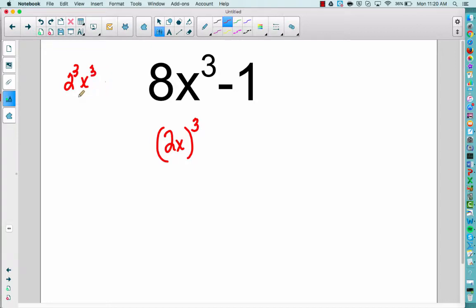So think of 8 as 2 cubed and x cubed. And then using the laws of exponents, I can actually write this as this, kind of moving backwards. All right, minus 1 cubed. 1 cubed is 1. All right, now I use the factor pattern, so it's going to be, and I'm not going to write it down, I'm going to see if you can remember, it's going to become x minus y, so x minus 1,